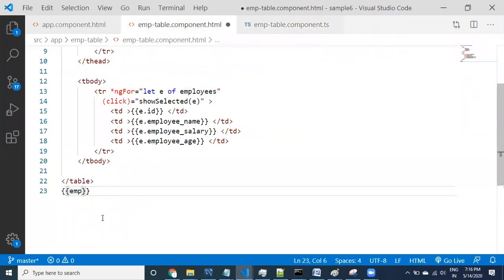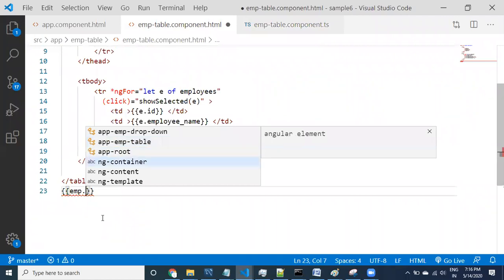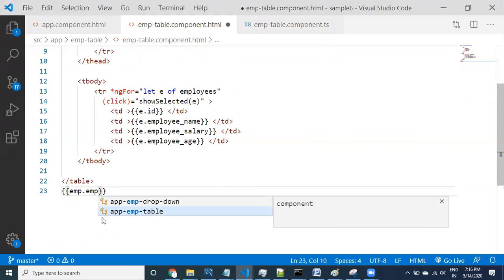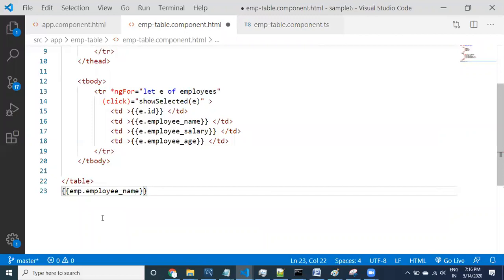Here emp.employee_name, this is the name I want to print, and then emp.employee_age.